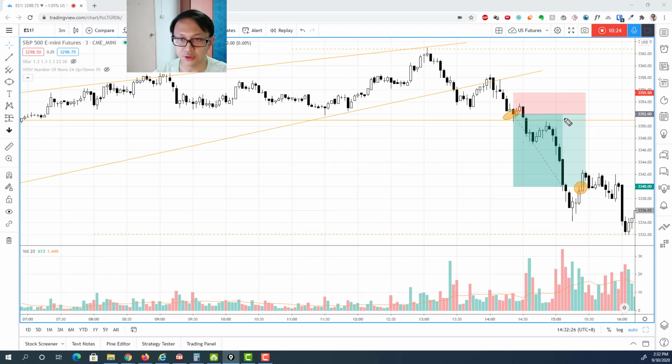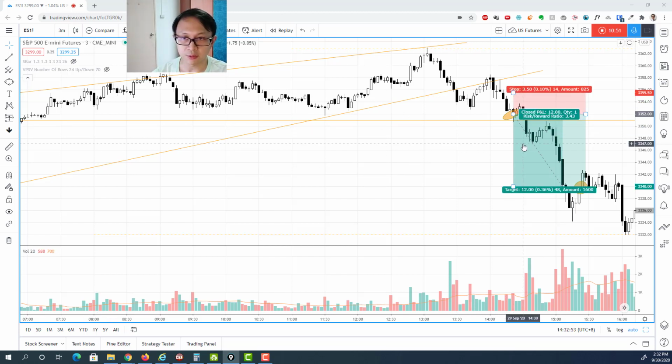So how I actually trail the stop is pretty simple, especially during this sharp down wave. I just trail below the immediate commitment bar here. So that's the last commitment bar to the downside, and eventually I think I got stopped out right at this up tail here. So that's my trade, and it just yielded me a reward to risk ratio of about 3.4,